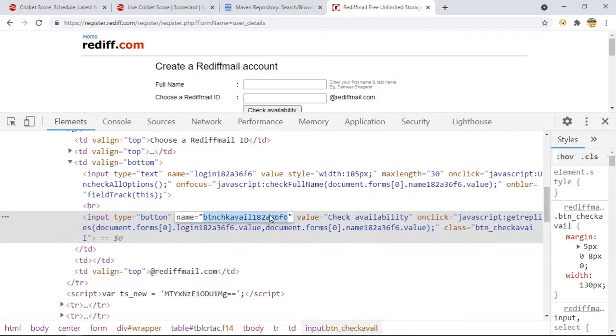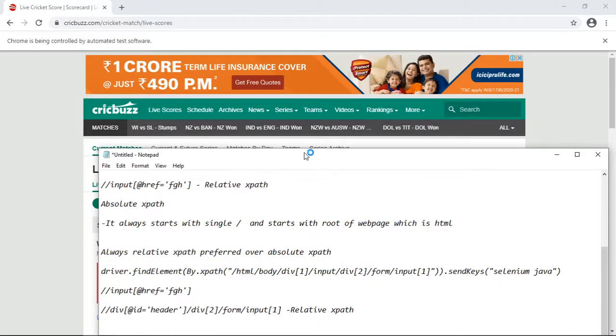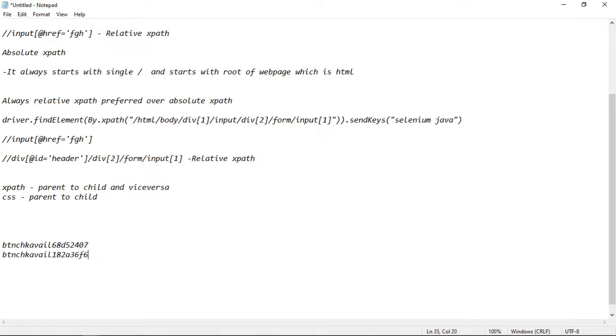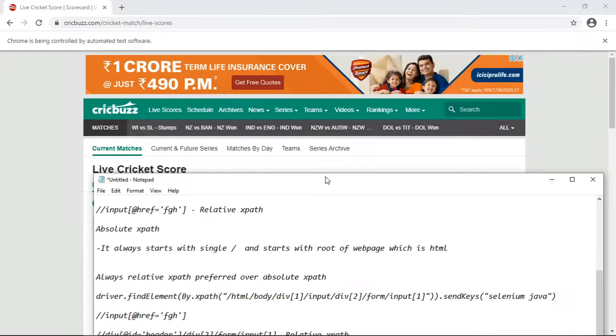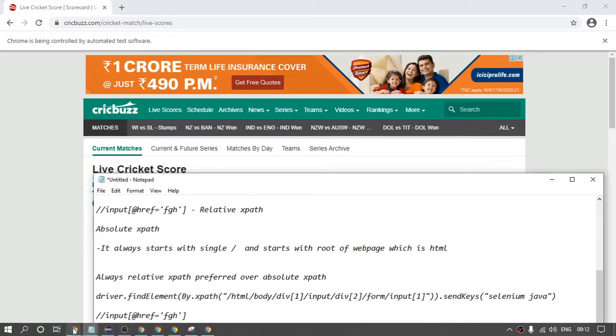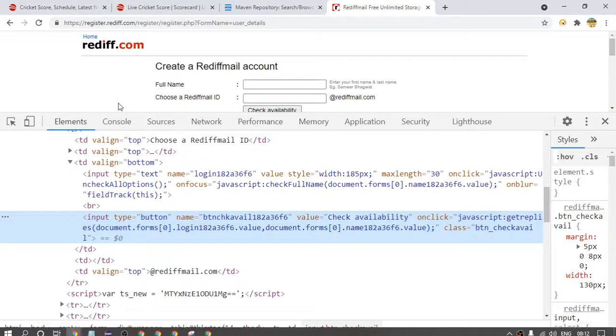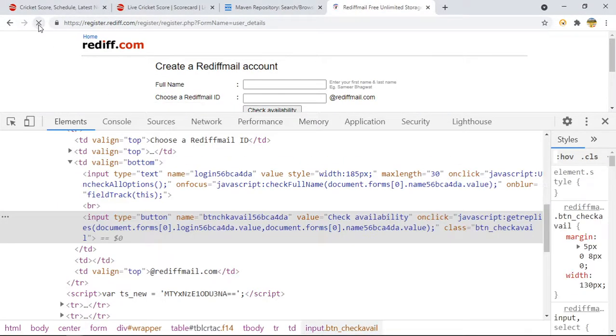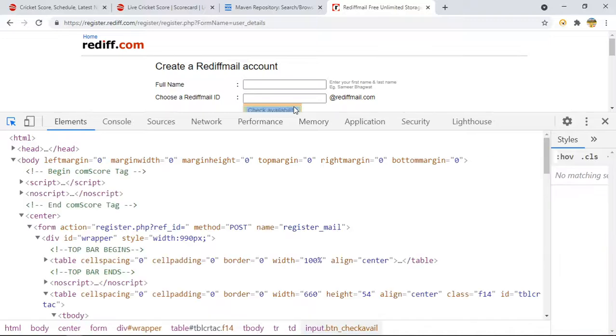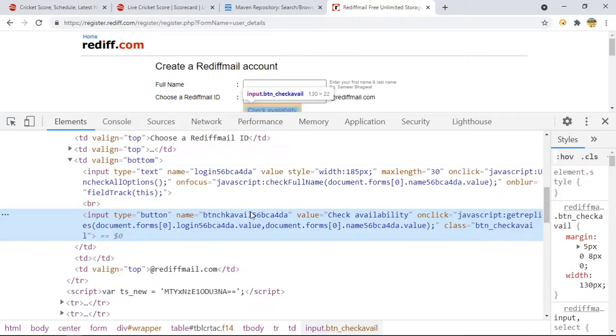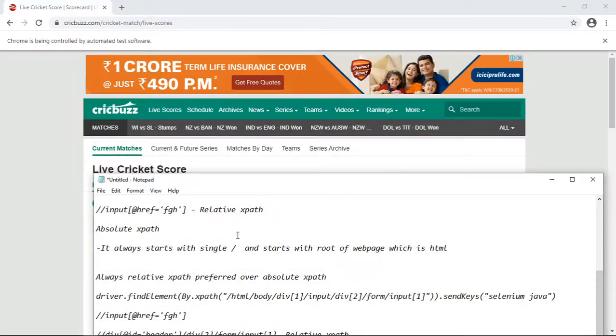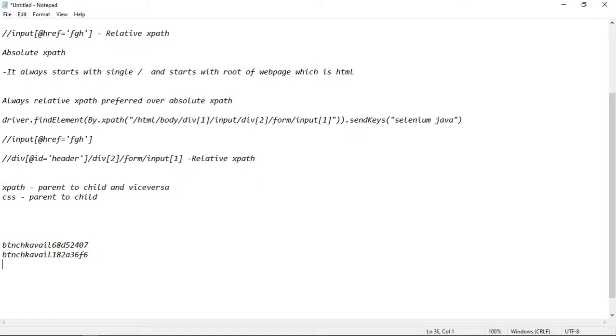If I copy this, this is our second one, and if I refresh it again, the value this time is a little bit different. If I copy this and paste it here, you can see every time this number is changing.